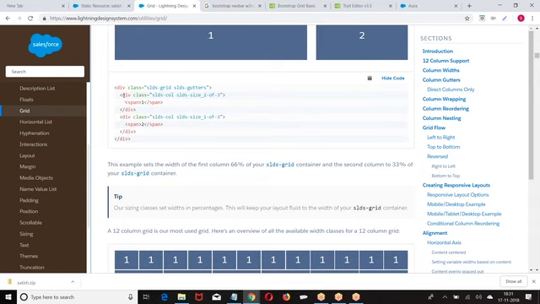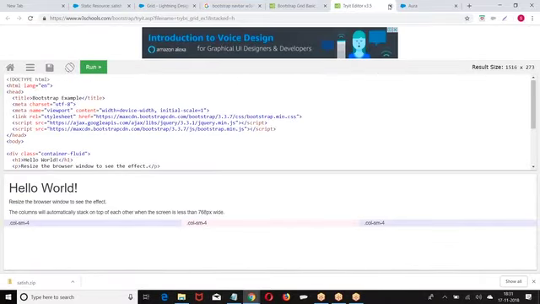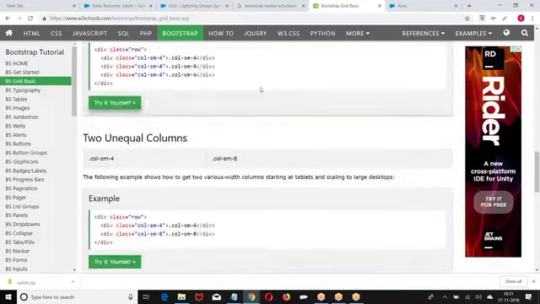So already, it is the Lightning Design System. You can use the same structure, or else you can go with your Bootstrap. The Bootstrap is also almost the same. What was this? Look at this, columns. I will go with another example to show you this.